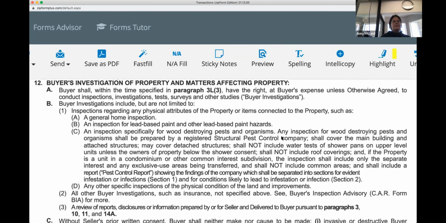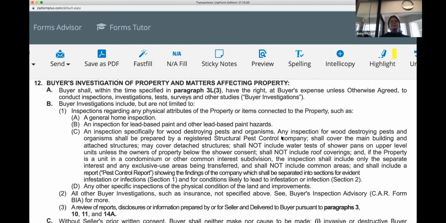Okay. Section 12 is the buyer's investigation of property and matters affecting the property. The buyer shall, within the time specified in paragraph 3L3, remember this is all referencing that first grid on the first 3 pages, have the right at buyer's expense unless otherwise agreed to conduct inspections, investigations, tests, surveys, and other studies. Buyer's investigations include, but are not limited to, inspections regarding any physical attributes of the property or items connected to the property,